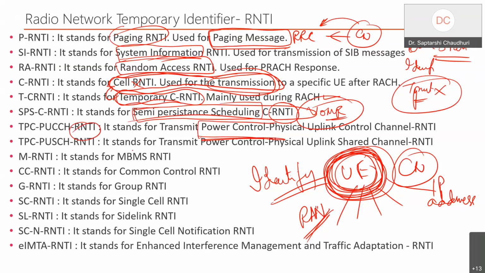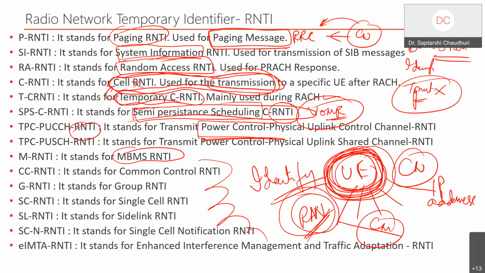So like that, if I do the MBMS broadcasting, I use another RNTI. Now, this depends on the scenario in which I am identifying it from the RAN, because the RAN has been instructed by the core network to do something, either throughput or something else. So for the RAN to identify that user in the multiple phases of this procedure, we use these different RNTIs in place. And in 5G, it has much more actually.